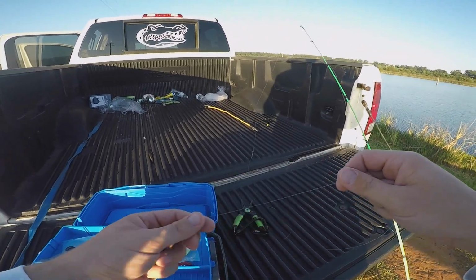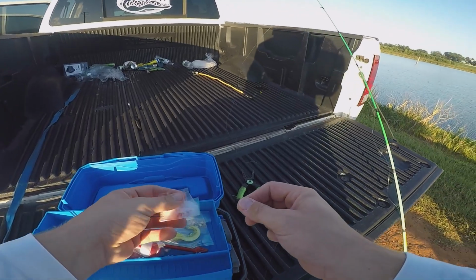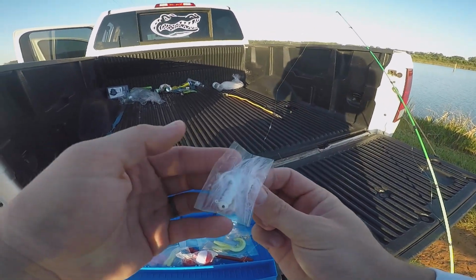Anyways, let's get a couple of these things rigged up, or maybe kind of strategize how we're gonna do this. Let's launch the boat. Let's get after them. I think the smart move would be to start with something that I can work kind of quick. And since there's only one of these little fuzzy jig